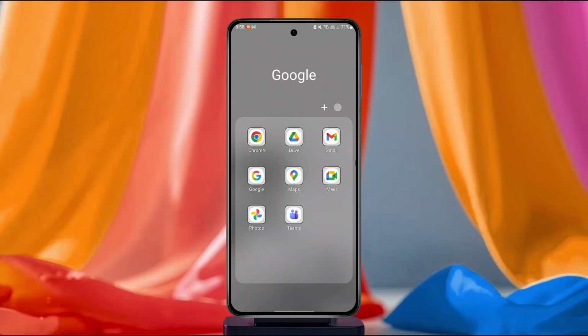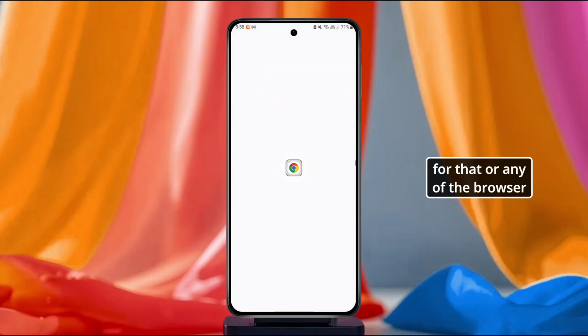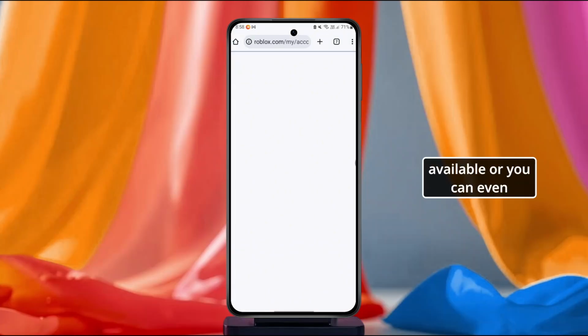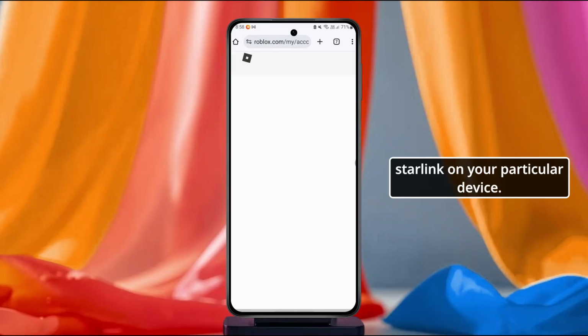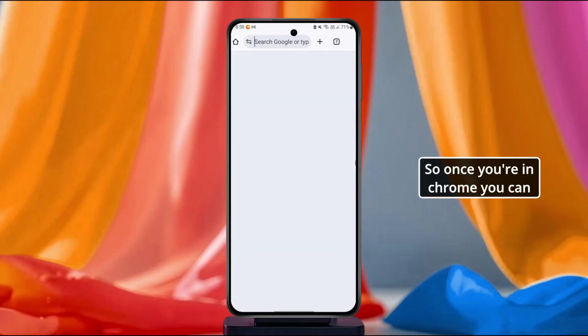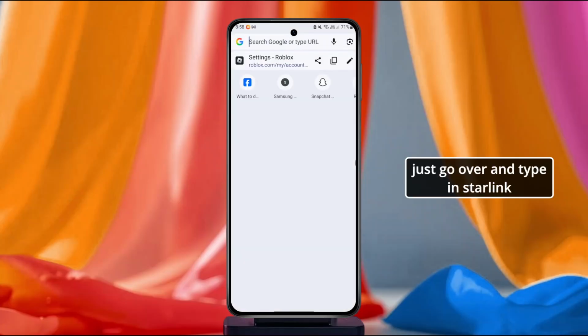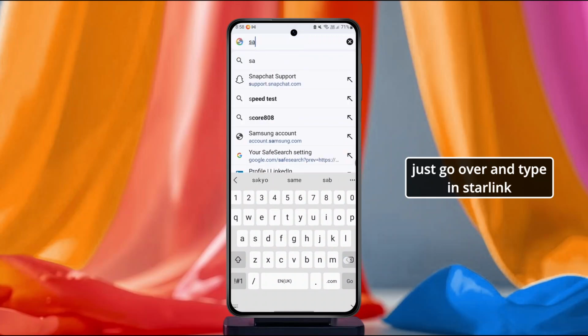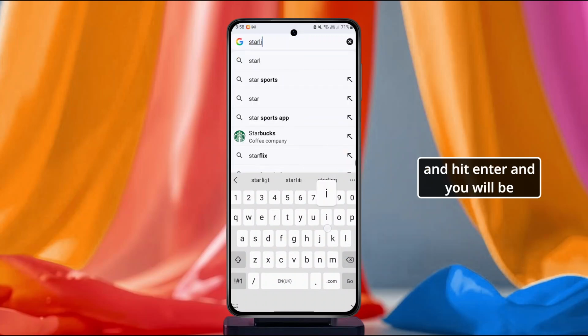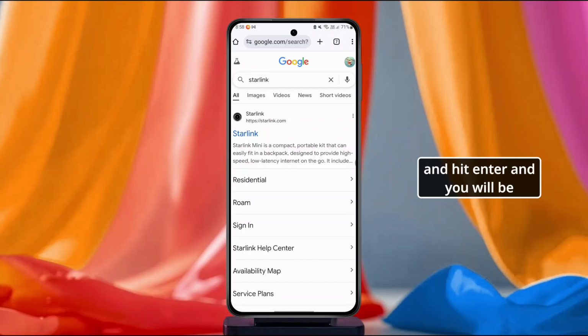Open up Chrome or any of the browsers available, or you can even download the application called Starlink on your device. Once you're in Chrome, you can just type in Starlink and hit enter, and you will find their official site, the one that appears first, which is starlink.com. So go ahead and tap on it,